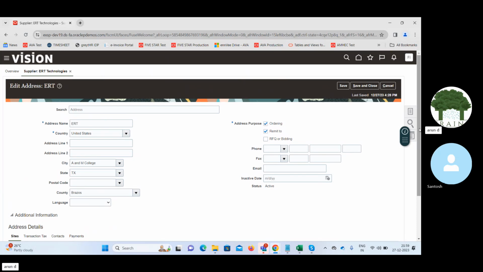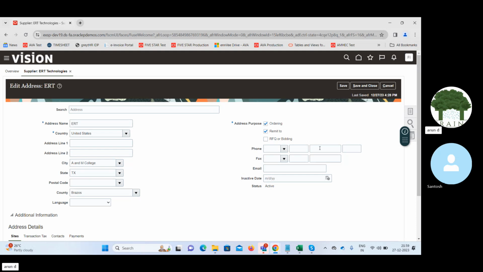as an employee in the test environment I'm talking about. But in production, the implementation consultant will act as a person who will do the setups or the configurations in the system. Okay. So now, if I want to create this supplier, or I want to allocate a person who will create this supplier, I can do that. Okay. So now here, if you see, this person can create suppliers, but if I want this person to